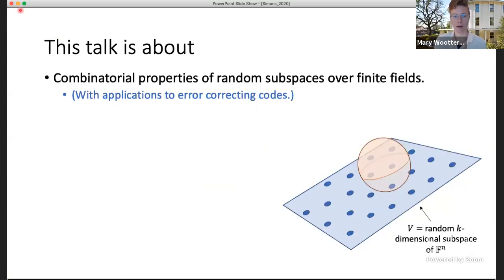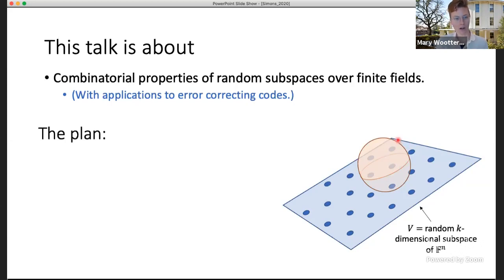Okay, so what is this talk about? The title had some coding theory jargon in it, but basically this talk is about combinatorial properties of random subspaces over finite fields. I'm just going to take a uniformly random subspace over some finite field. It's a bunch of points, a discrete thing, and I'm wondering what sorts of combinatorial properties this bunch of points satisfies. For example, is it the case that no Hamming ball contains too many of these points? There are some applications of these types of properties that come from error correcting codes, but hopefully what I have to say will be of interest even if you are not into error correcting codes. Hopefully these are just interesting probability questions.